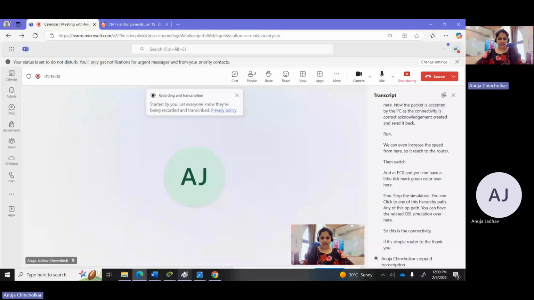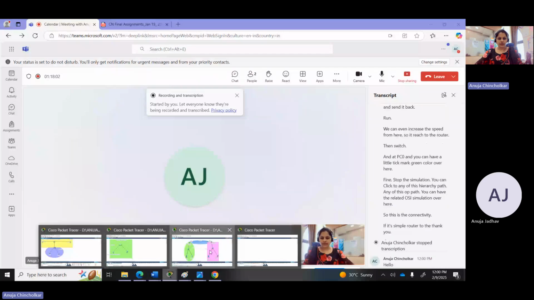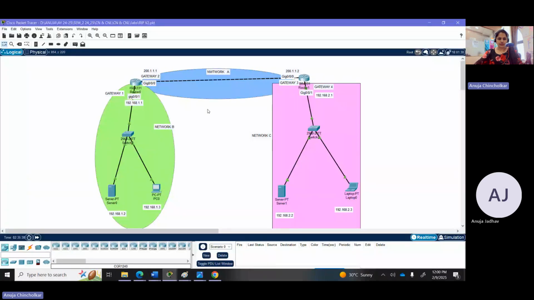Hello all, let's set up a network today for Routing Information Protocol version 2. Here is the already completed configuration in front of you. Let me demonstrate how the successful connectivity is done. So let's send a packet, and inter-network communication shows successful, and your router to router connection